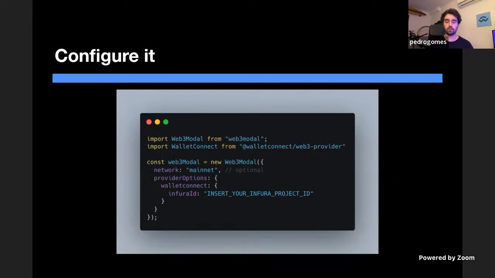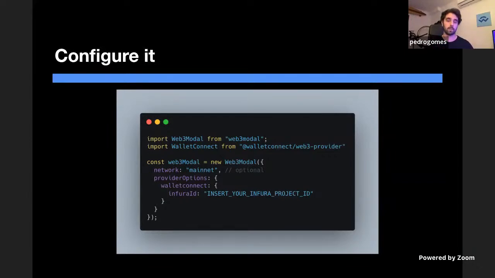So after you have installed, you have to configure it. It's actually very simple to configure. You import your modules, especially if you're using Webpack or any other ES modules library. If you're building React, this will be built into your Create React App. And you then instantiate a new Web3 Modal that you can configure with the network that you're going to use. For example, mainnet. If you're using, for example, Rinkeby, you just write Rinkeby. Or if you're using, I don't know, Goerli or Kovan, or Polygon Mumbai, it's also supported here. And Optimism and Arbitrum. So you just write your network name, and that will be enough for Web3 Modal to understand what you need to do in order to connect